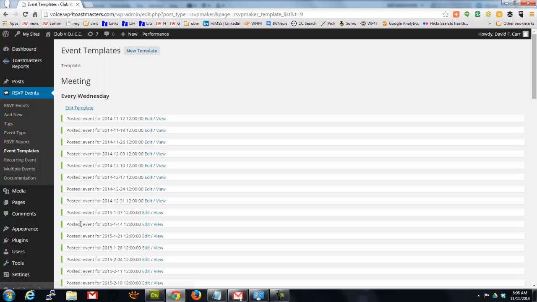I compare the relationship between the template and the meeting to the relationship between the cookie cutter and the cookie. So the cookie cutter stamps them out all the same, but we can still decorate them all a little bit differently. So we could go into a specific meeting